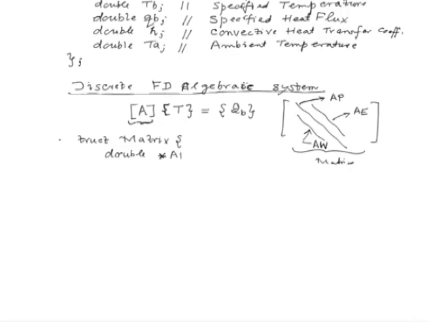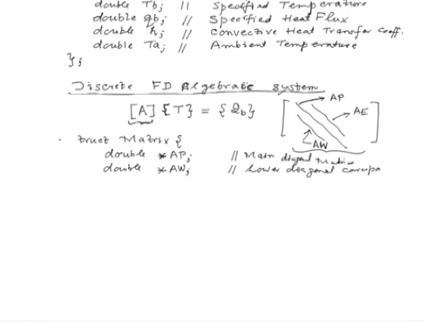Double star AP, so this is our main diagonal, double star AW, this is the lower diagonal